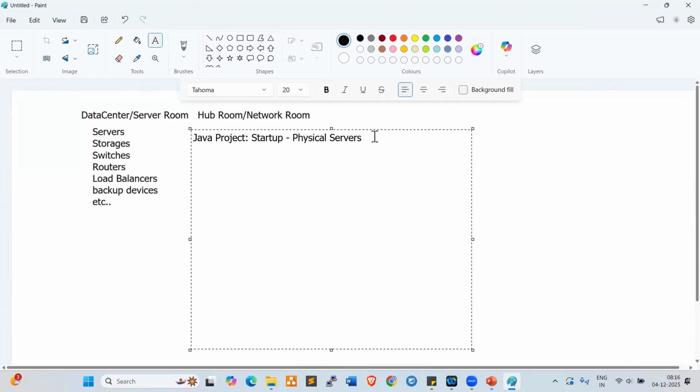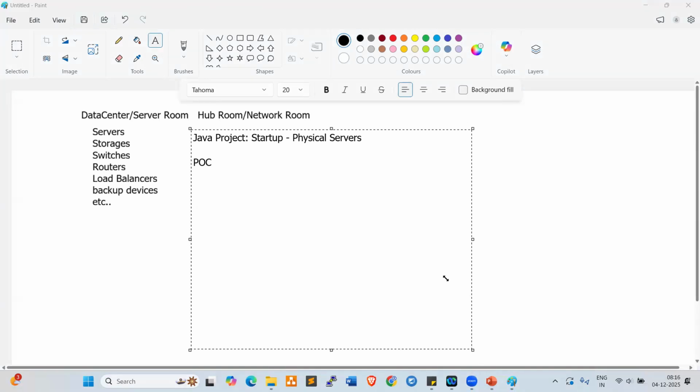When you want to start any project or any startup company, the very first thing we require is servers, right? Before getting the real project from the client, we need to prepare some POC and showcase the POC to the client. When we talk about POC, does anyone have an idea what POC is? Proof of concept.